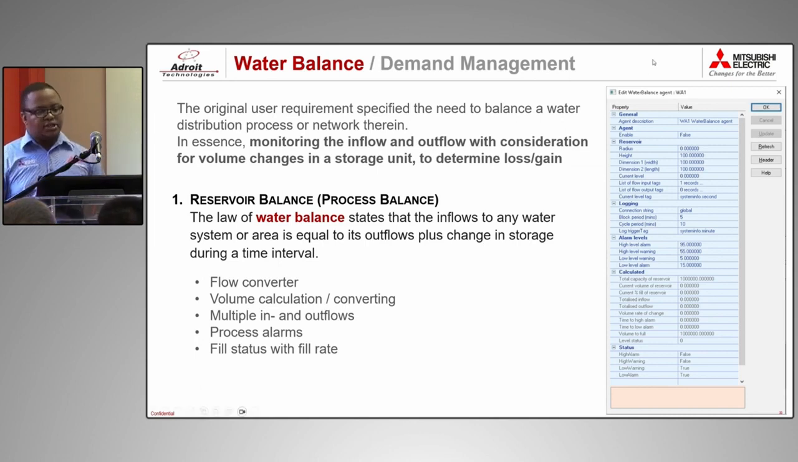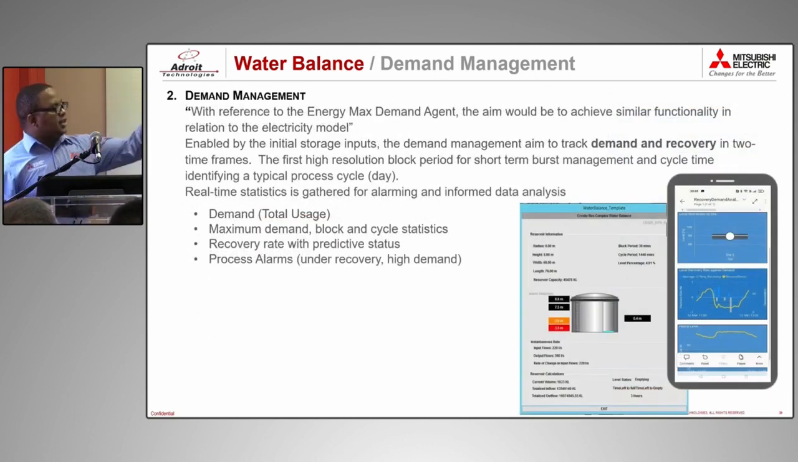So as you can see on the far right, this shows the simple configuration of the water balancing agent. You enter in the dimensions of the reservoir, the inflow tags, the outflow tags, the level tags, and the agent just does all the calculations for you. So when you get all the statistics indicated in gray, it helps us on the next step,